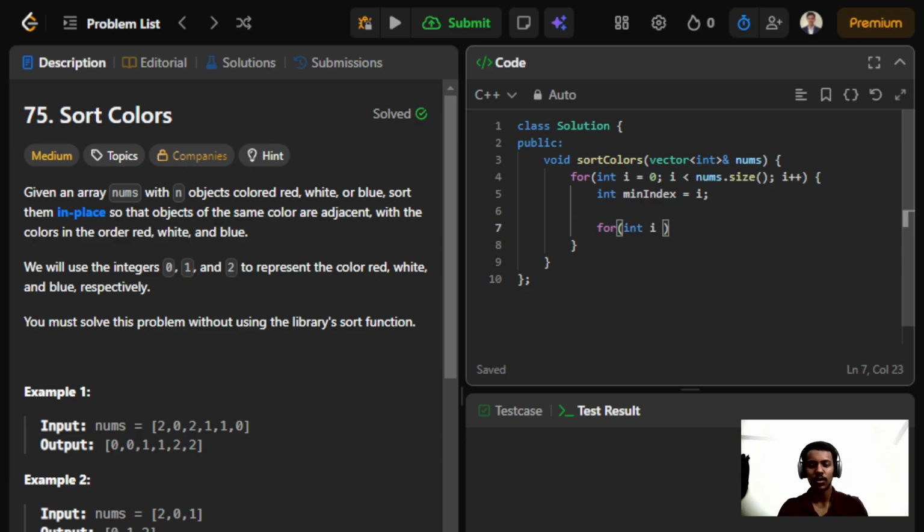If I find any element that is less than the minimum element, I'll just reassign the min index variable, right? And what we do at the end is we swap the minimum element with the element which it is